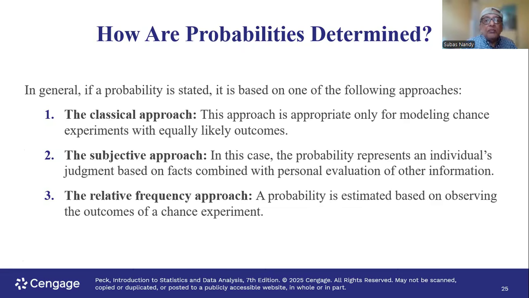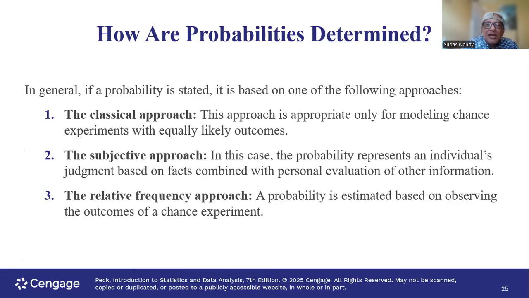So there are three approaches to probability. One is the classical approach. You toss the coin 1,000 times, you get 495 heads. So probability of head is 0.495, 495 times out of 1,000 times. What is subjective approach? It's your own belief. Is it going to rain today? No, I'm thinking it's 0. Okay, but not much use.